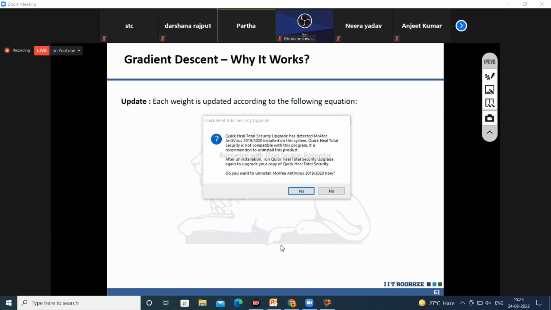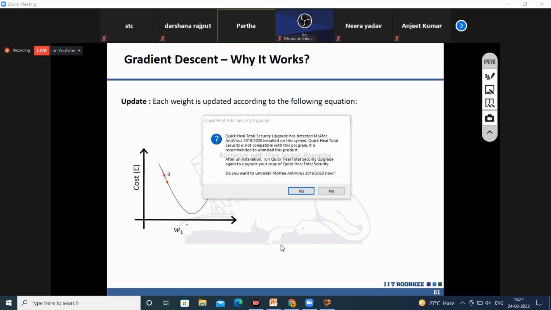Each weight will be adjusted according to this partial derivative formula for each weight. Now let us consider one single weight only, W1, and this is the error. Let us consider that for some value of W1, call it A,